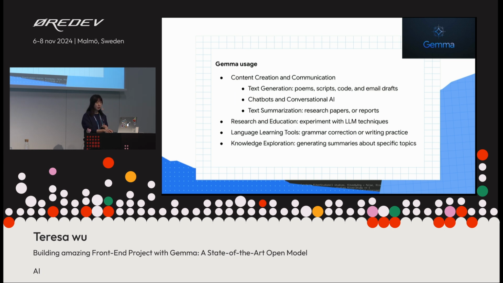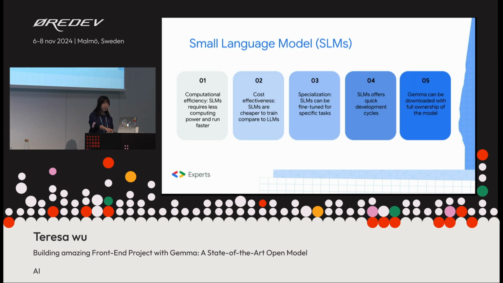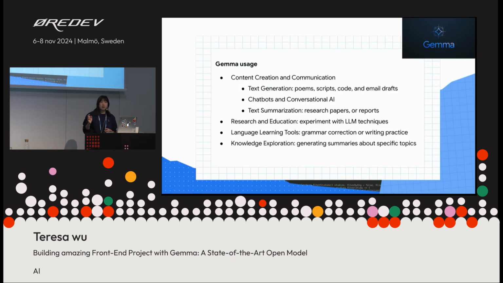How can you use Gemma? Same as many other language models. You can use it for text, as a chatbot. I'm sure in everyone's mobile product or web app, you will have somewhere a customer support or a chat service. You can use Gemma in the chat service, research, education, and language learning tools, and be aware here that